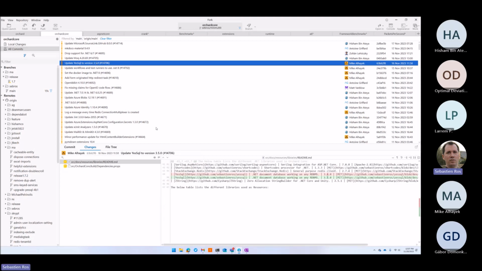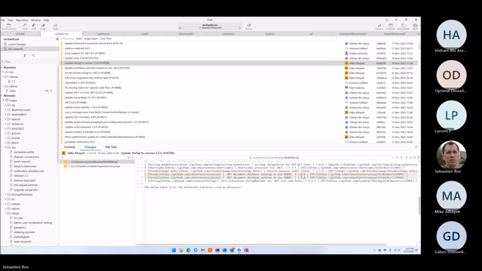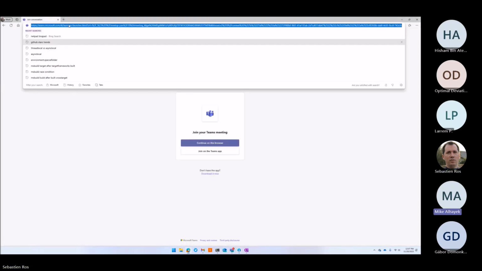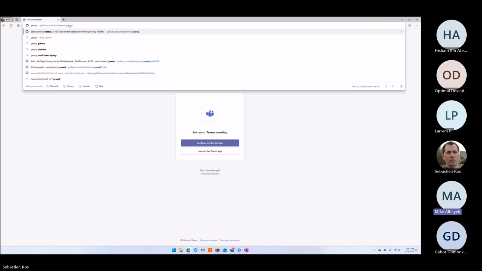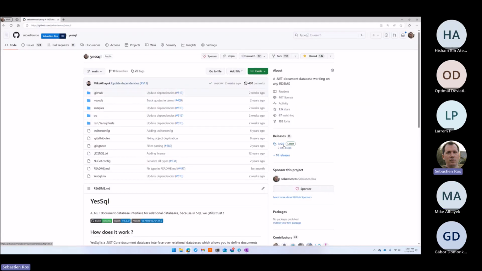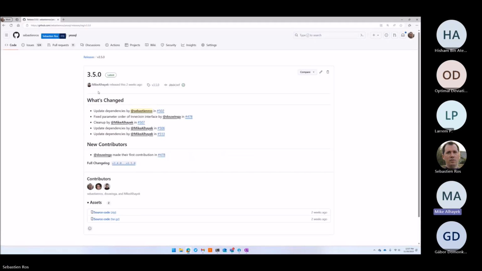SQL 3.5 because what? What's new in SQL 3.5? Async? I don't remember. No, not async. I'm trying to remember that too. You released it, so you should. I released it, yeah. I should. What changed? Dependencies. Oh, dependencies maybe for the .NET 8 SQLite 8.